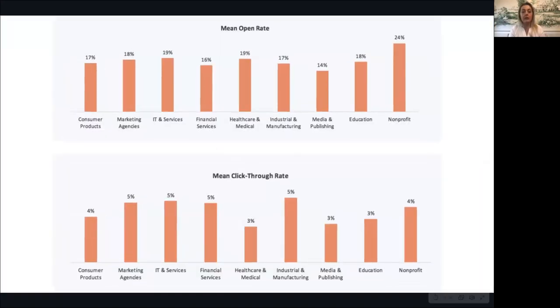So again, I went to HubSpot, which is a great resource, and you can see that they've put in different types of services. So you've got nonprofit, education, media and publishing, healthcare, consumer products, all these things. And nonprofits have a 24% opening rate.